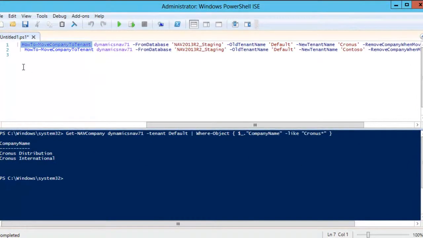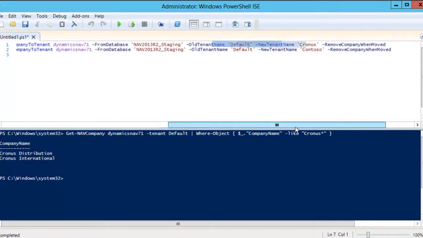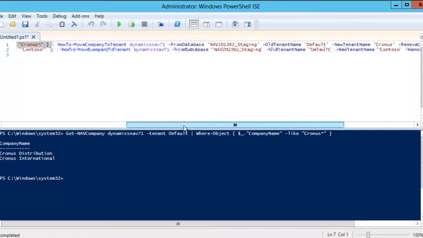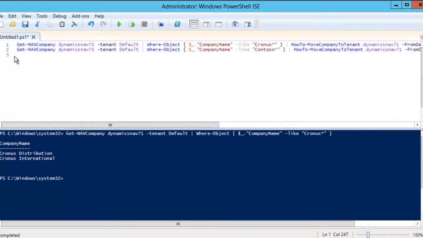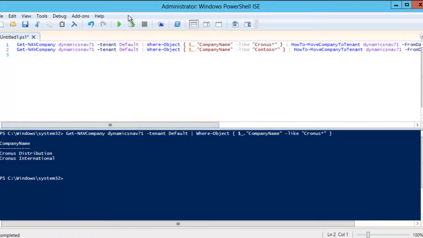So how does this move company to tenant command work? I specify the service where I want to move companies. I'm going to specify the database from where I want to export the companies, and what is the old tenant name and the new tenant name. So I want to export the Kronos companies that I just filtered into the new tenant Kronos. And when that was successful, let's remove all the companies that were moved. Next, I'm going to do quite the same for the Contoso companies. And you can guess it's going to move the Contoso companies to the new tenant, which I called Contoso. So if I execute this,